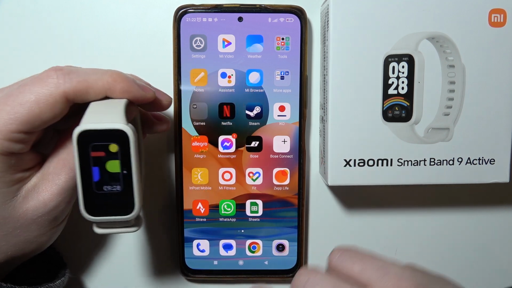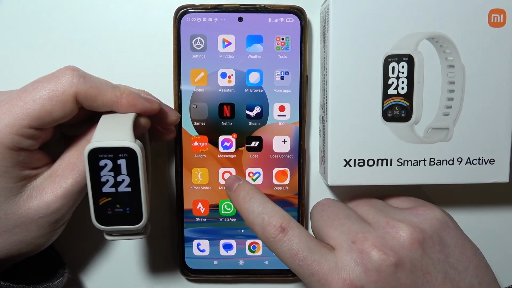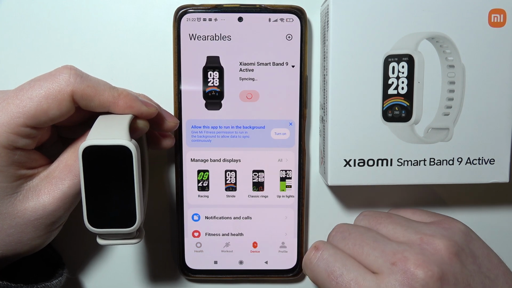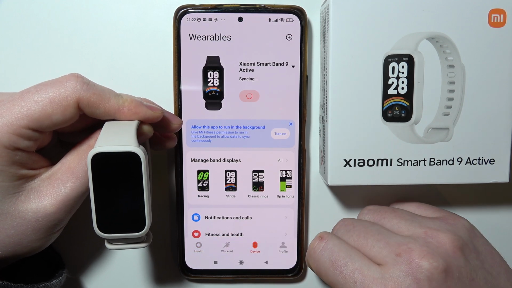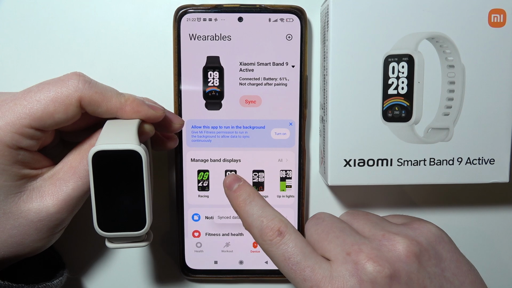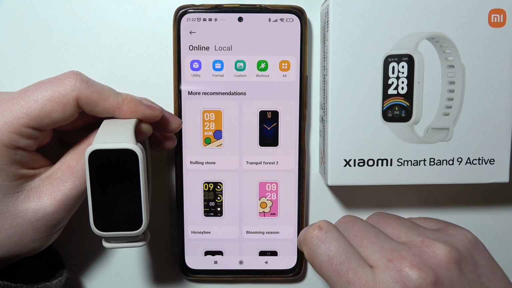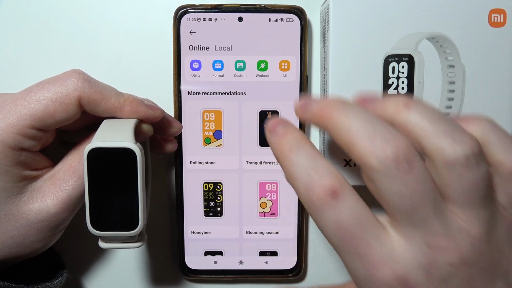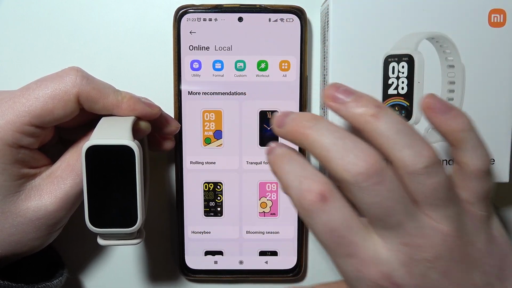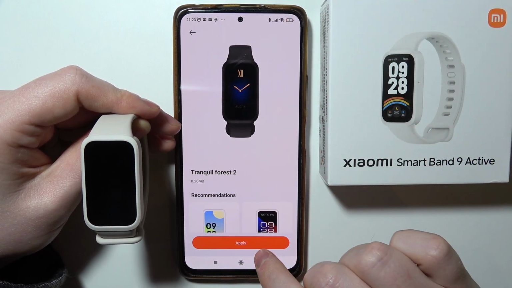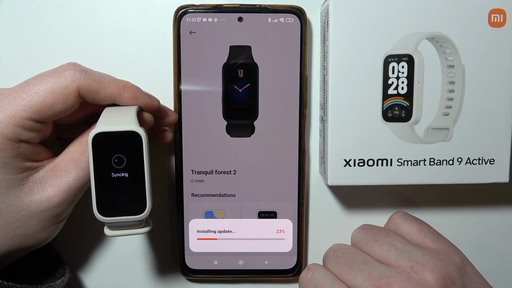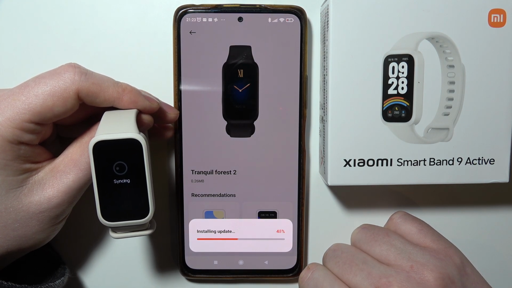Now, if you want to get additional display options, we can open My Fitness app. Make sure that you do it on the device that is currently connected with your smart band, and then we can manage band displays right here. You can find any online displays that you can download, or you can go for a custom to pick a custom photo. In this case, let's apply this one, and after a while when it's installing this display,